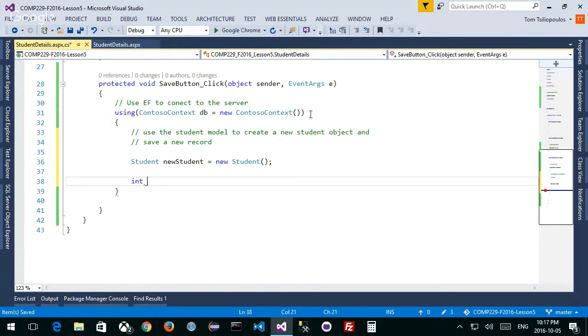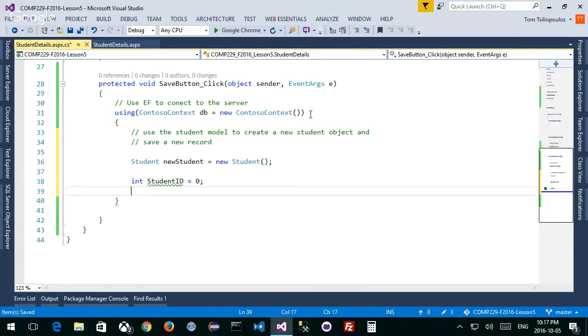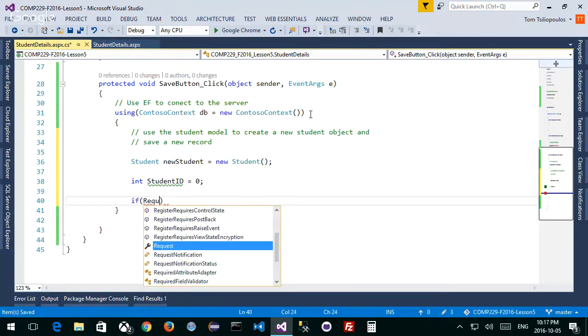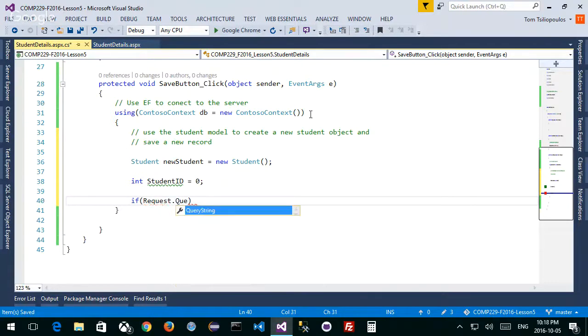I want to do the following. I want to say my student ID, my initial student ID, is 0. You'll see why in a second. If Request.QueryString.Count, and I'll explain this in a second, is greater than 0, it means our URL has a student ID in it.